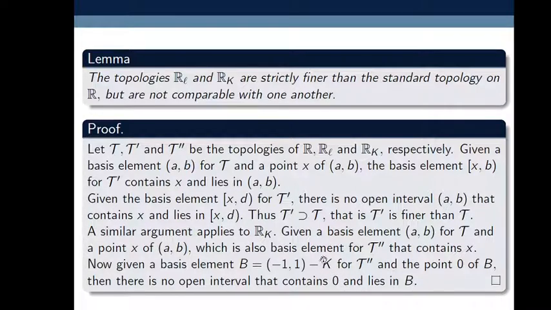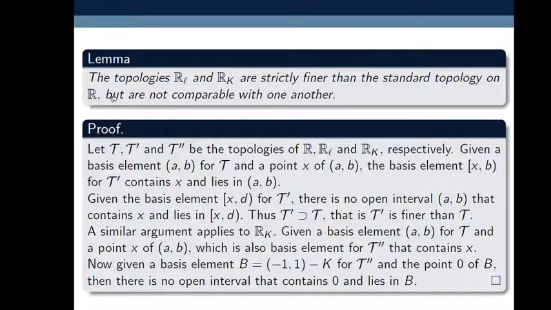Because 0 is not a member of K. So that's why RK is finer than R. So this is the proof of the lemma.